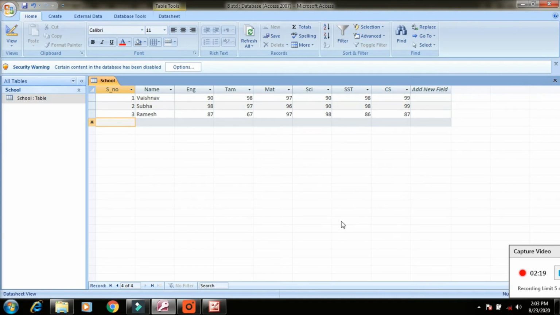Okay, these are the details I created. For this table we are going to see how to set the query. Generally, a query is nothing but a sorted list. We have to set and sort the list. We may have thousands of records, and from those thousands of records we take the particular records from the particular table. But now I have entered only 3 records, so it is very easy to take the files.